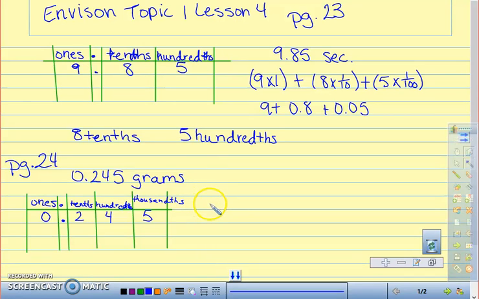And so I would put, I don't need to write a 1 spot because we have a 0, but I have 2 tenths plus 4 hundredths plus 5 thousandths. And I hope that you understand the way that I did that. I just kept them in their own place value. And if I added those together, it would equal 245